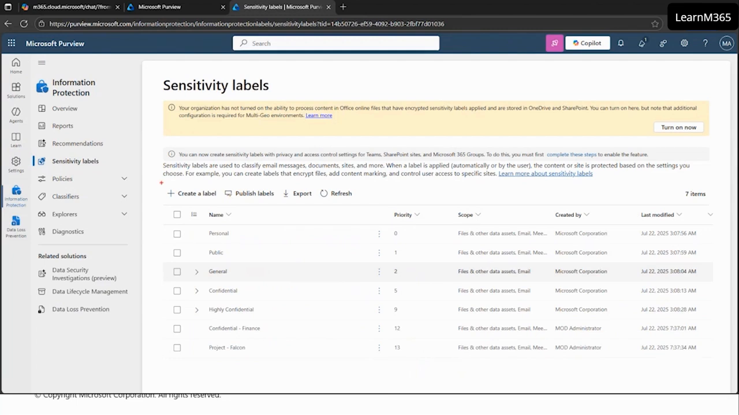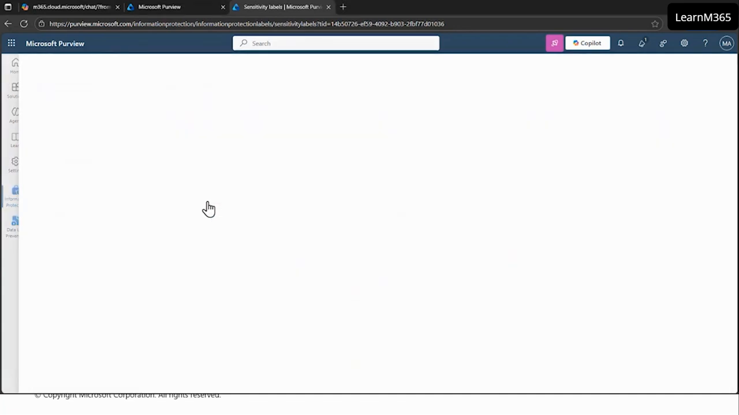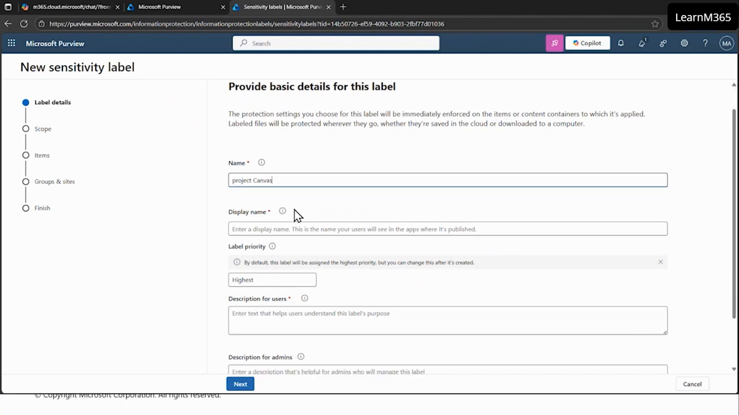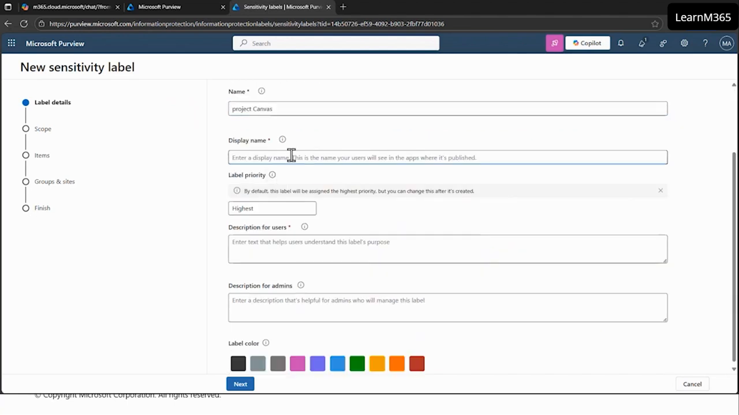If I want, I can also create a customized sensitivity label. If I click on that, it gives me the configuration wizard, and in that I can provide details. For example, what should be the name of my sensitivity label? So let's say project, let's say canvas, whatever. Display name, how it should be displayed? Let's say canvas. Label priority. Okay. Description for users. This label